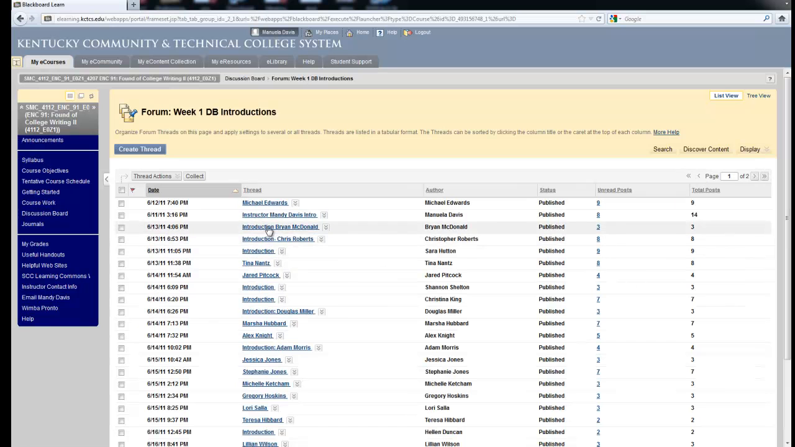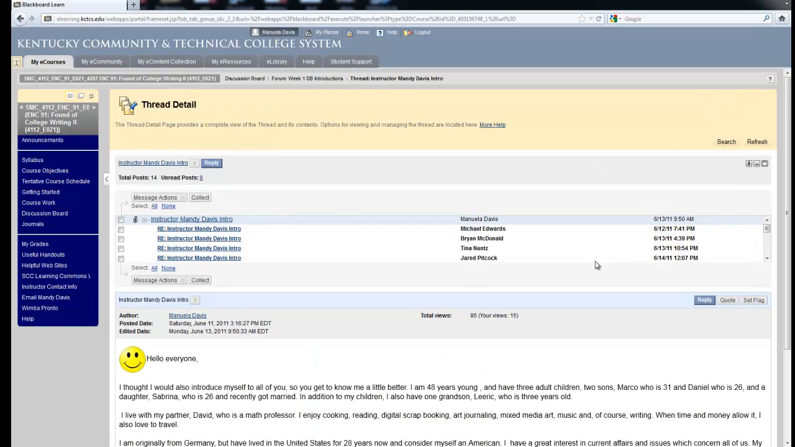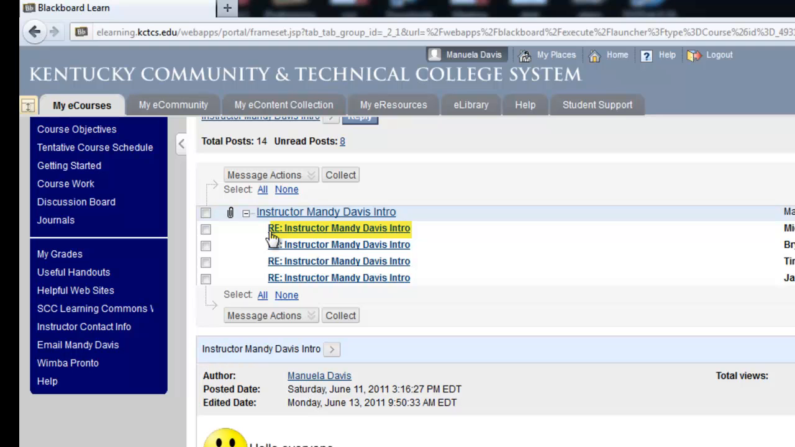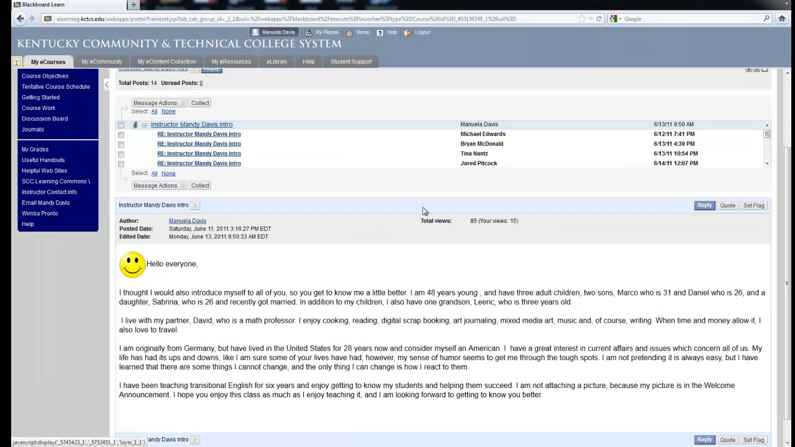On the first page, you will see that the instructor has posted an introduction. To read this introduction, you simply click on the link and Blackboard will take you to that introduction. You see that all the links and all the threads in this conversation are displayed here, and the introduction of the instructor is displayed below. If you see the RE in front of any of the links, it means that this was a reply to the post on top. I will show you how you reply to a post and how you start your own